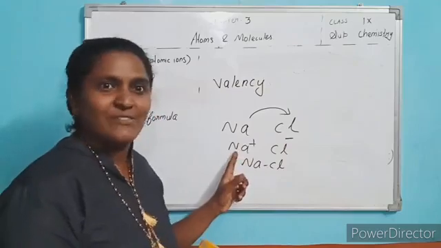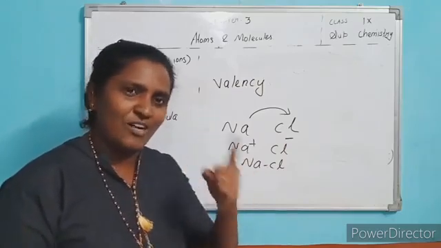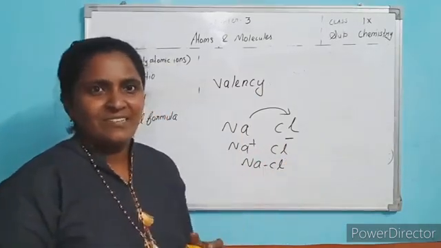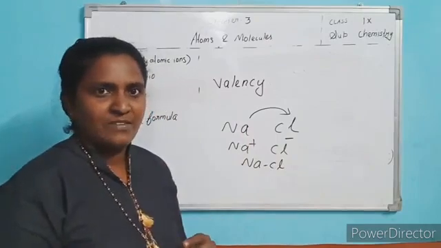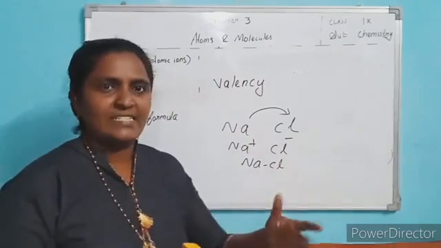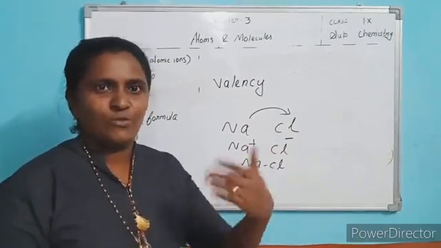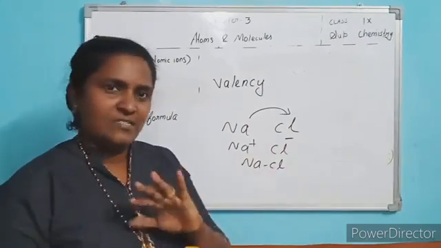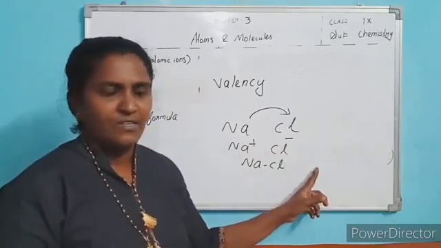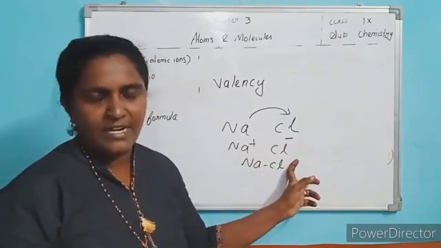What is the valency of sodium? What capacity does it have? It donates 1 electron, so the valency of sodium is 1. What is the combining capacity of chlorine? The valency of chlorine is 1; it gains 1 electron. I wanted to tell you in depth; when I get a chance I will teach again. It is in the 10th syllabus, how they donate and gain electrons. Just formally, you study: metals donate electrons and form positive charge, non-metals gain electrons and form negative charge.